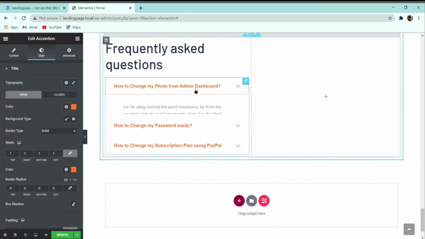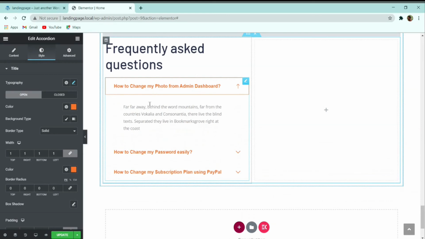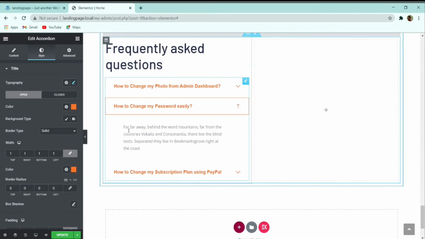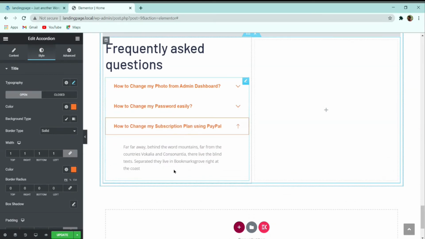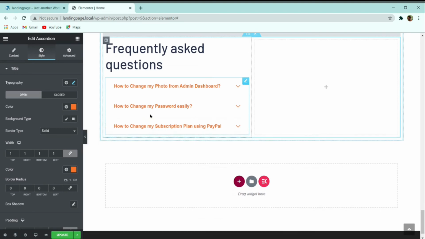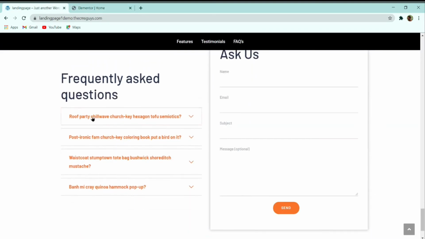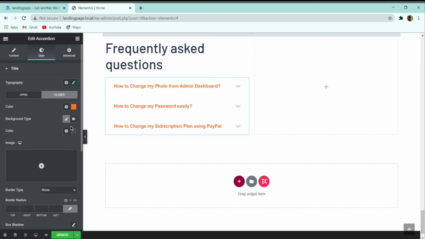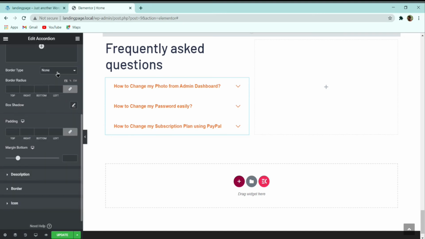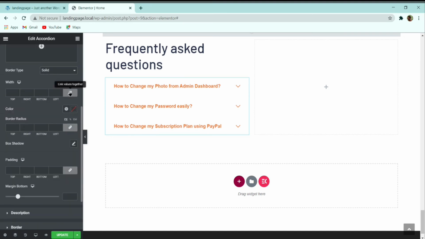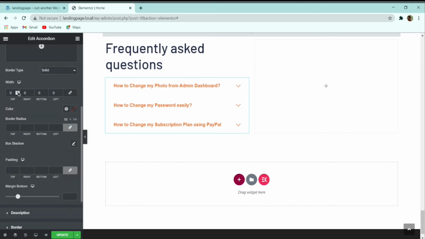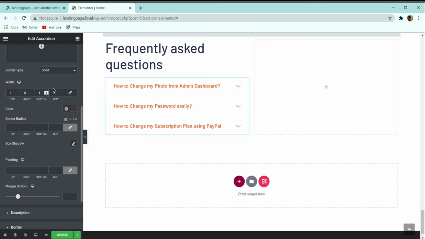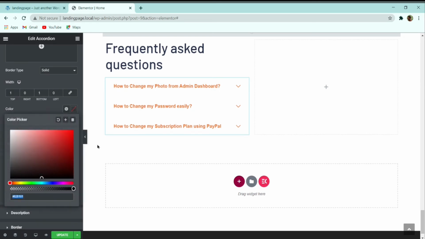So here you can see that when the accordion is open, a complete four-sided border is coming. Now when it is closed, you can see that there is only a top and bottom width. So again I will go to the closed part, and here I will select border type solid, unlink the width, and give top width and bottom width 1, 1, and here I will give the color E5E5E5.